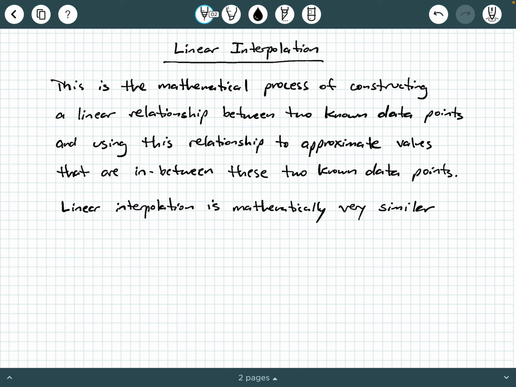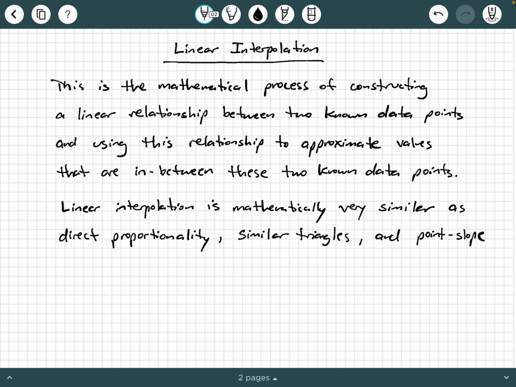Some people would even say it's the same as direct proportionality, similar triangles, and point slope formula. The reason why we can say linear interpolation is mathematically basically the same